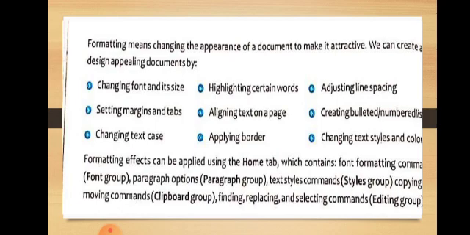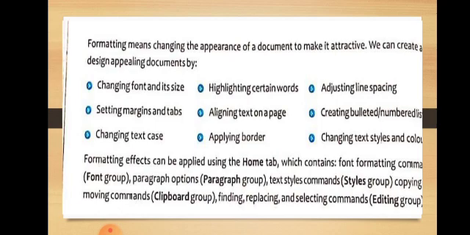You can highlight keywords of the document. You can adjust the line spacing. You can set the margins. You can set the tabs. You can align text on a page, like you can left align, center align, or right align it. Or you can also create bullets and numbers with different types of textures.